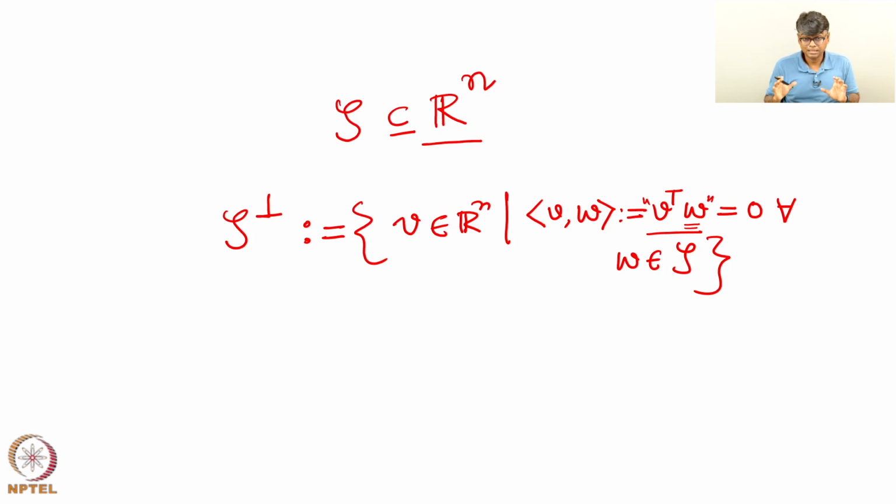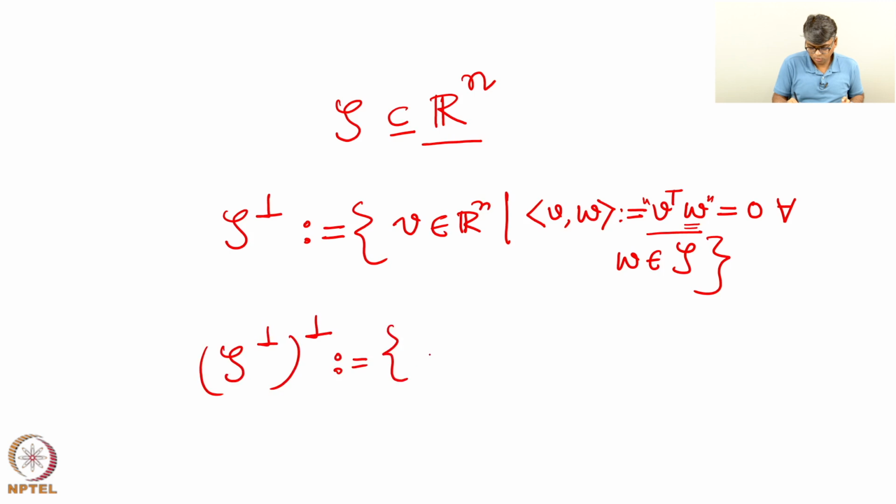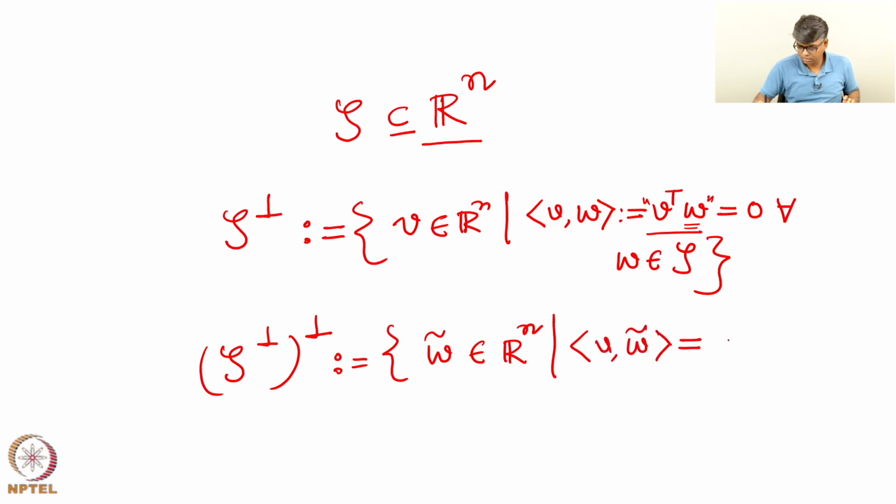Now, if that is the situation, this is analogous to annihilators, and then when I go back to trajectories from the annihilators, that is like taking double perp, right? You are looking at all those W tildes which are now such that V times W tilde, the dot product, is equal to 0 for all V now in S perp. So we are looking at a double perp, and it is very well known that the double perp